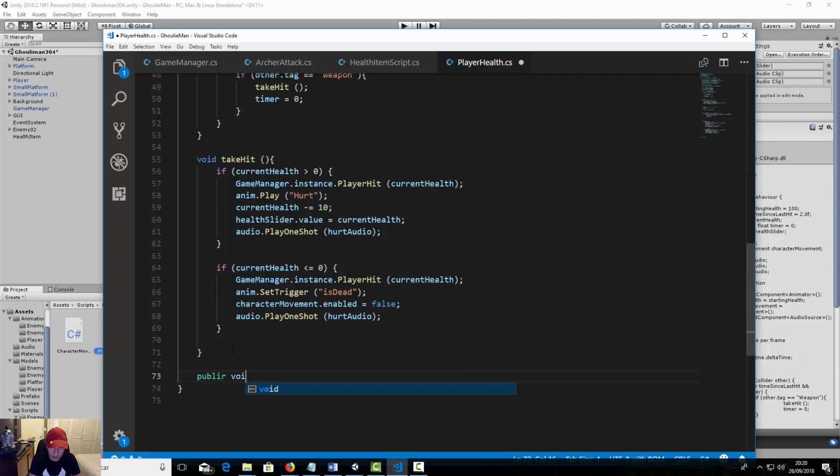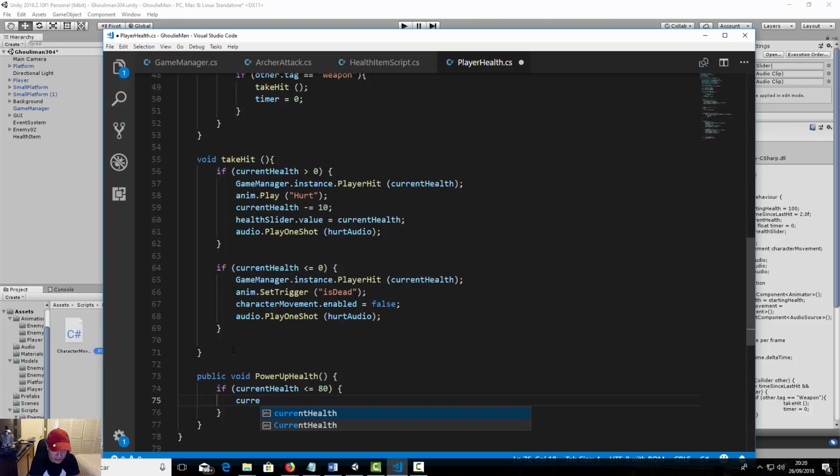that is going to be public void power up health, where if our current health is less or equals than 80, so what is going to happen? Our current health, we're going to add 20 points. Okay, and then